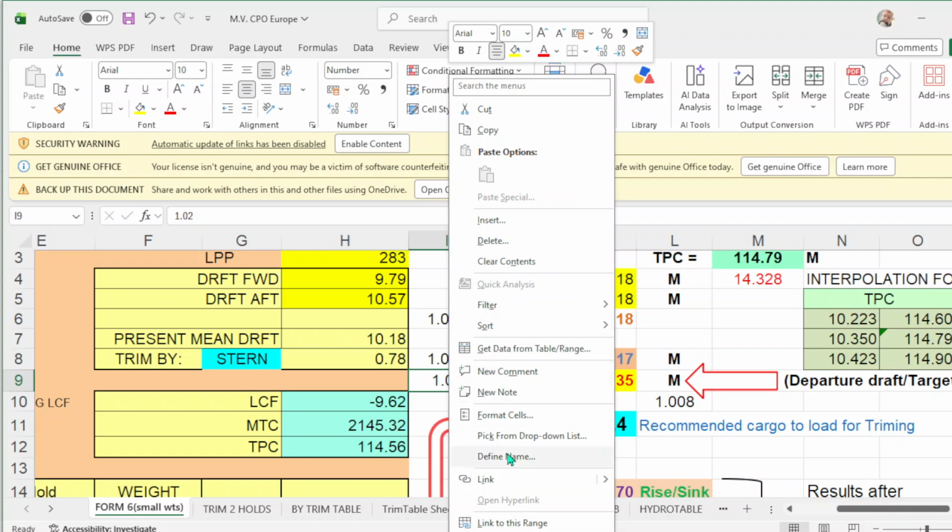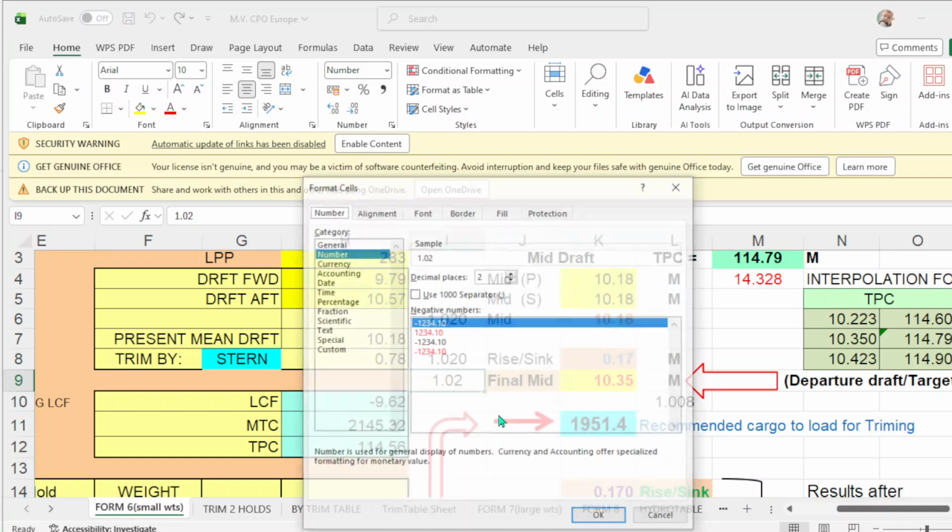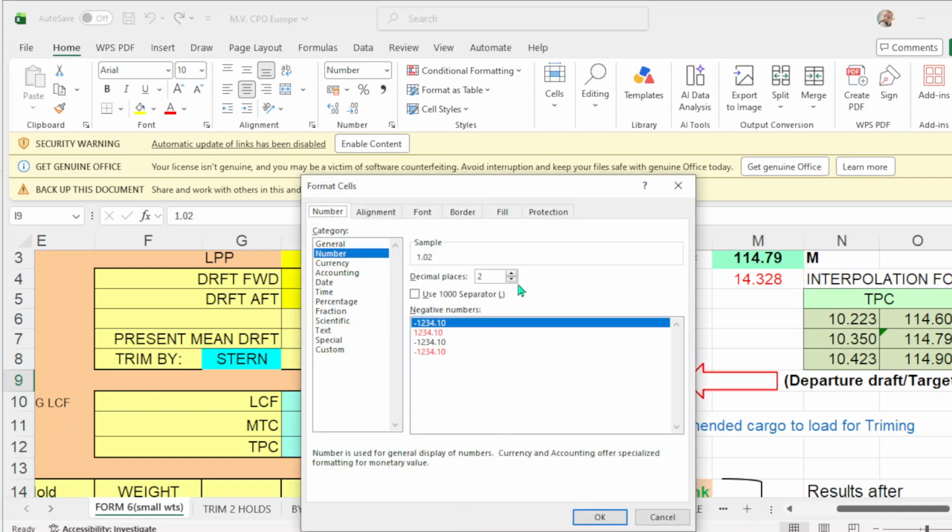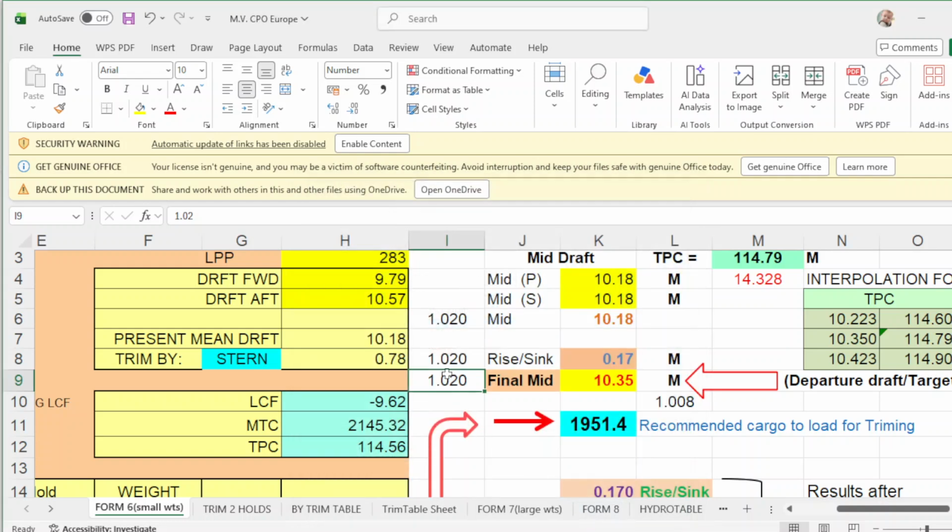Take note, guys. Okay, delete this one. So that will be your density, and what is your final mid draft or your departure draft.